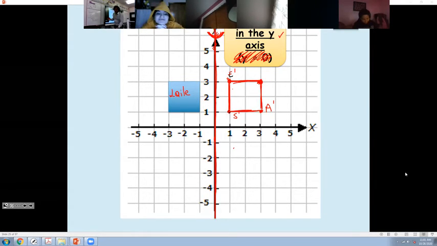If the mirror is like this, the image will be in the opposite way. You see that? This is the mirror, and where is the image? The image of Layla is right here in the opposite direction. All right, so now,